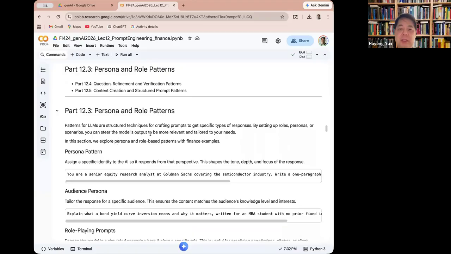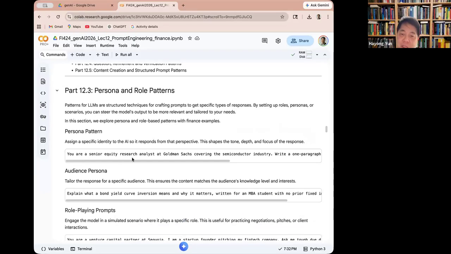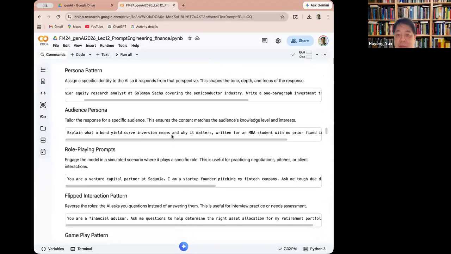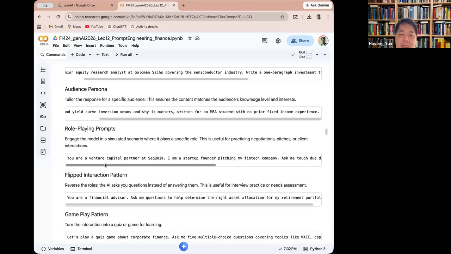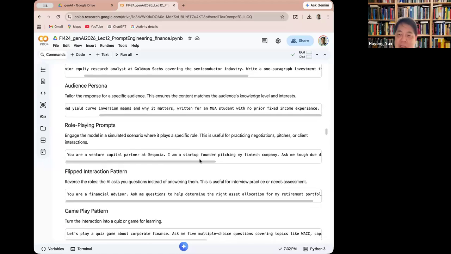So the pattern for LLM has structured techniques for crafting prompts to get specific types of responses. Okay, so setting the role, persona, scenario, you can steer the model output to be tailored to your needs. So persona pattern: you are a senior equity research analyst at Goldman Sachs covering the semiconductor industry, and then write something. Or audience persona: explain what bond yield curve inversion means and why it matters, written for an MBA student with no prior fixed income experience. Or role playing, like you are a venture capital partner at Sequoia, and then